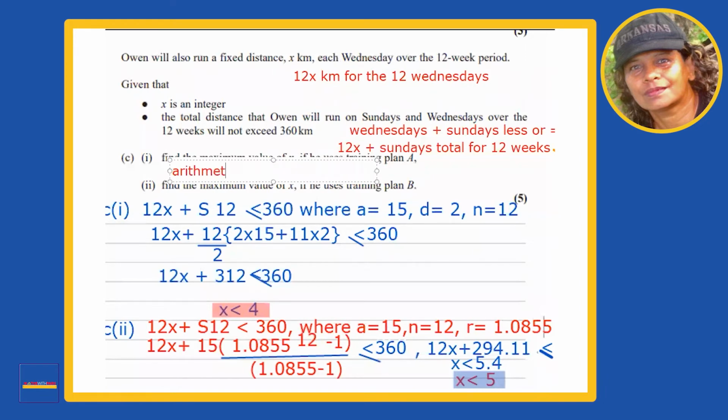So we have 12x plus the sum of 12 terms or 12 weeks, which is equal to 12x plus Sn, which is equal to